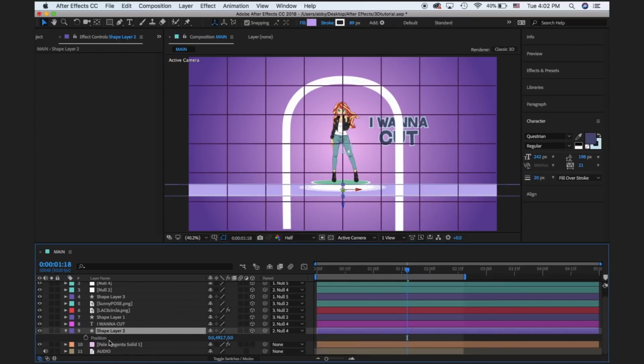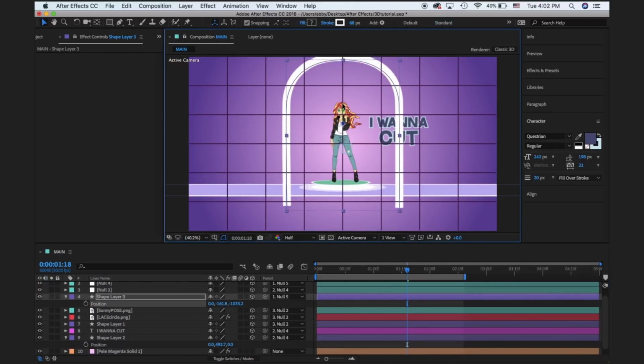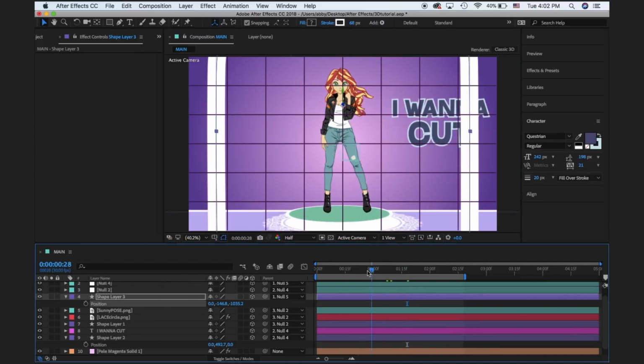One of the things that actually takes the most time with 3D is adjusting things. The little details can make all the difference. I know I'm going to sound corny here, but it makes or breaks your edit.